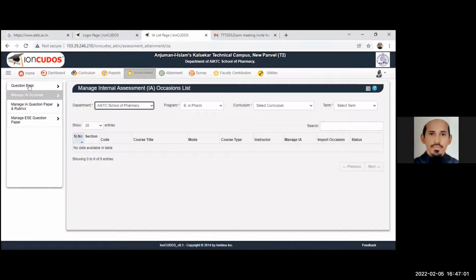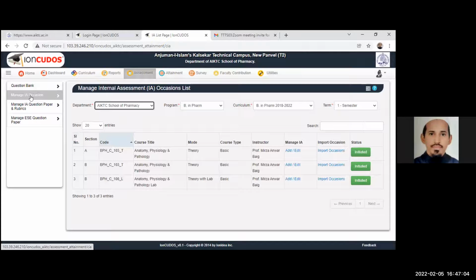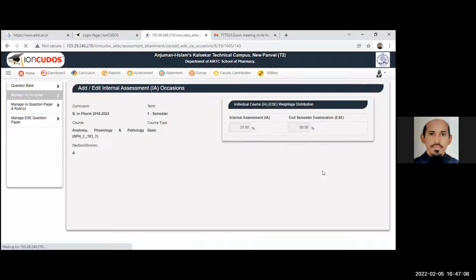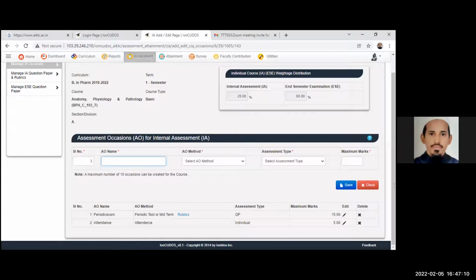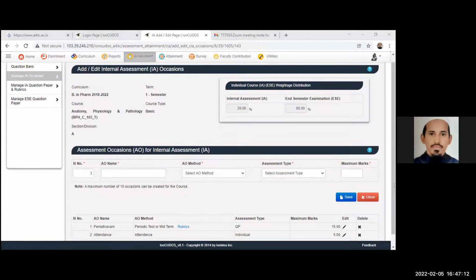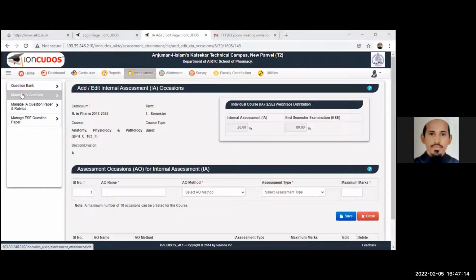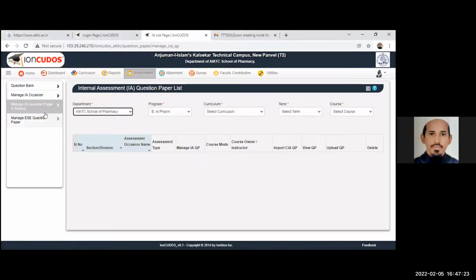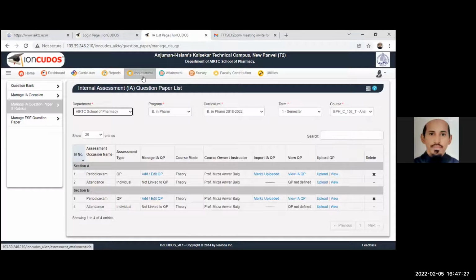In assessment, question bank, then manage internal assessment occasion. You can simply add it here, or else you can import it. Because I have already added it here, it is not showing, but you can import it. Then you can add question paper here. So this completes the assessment tab.